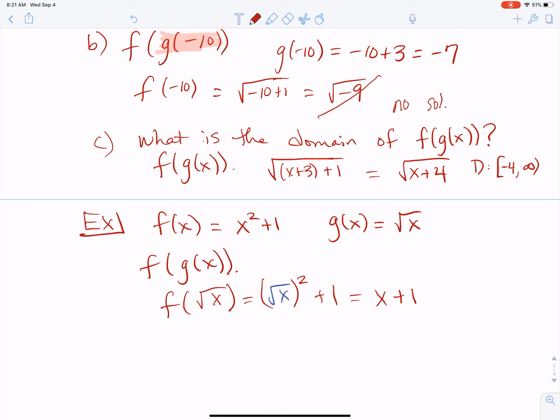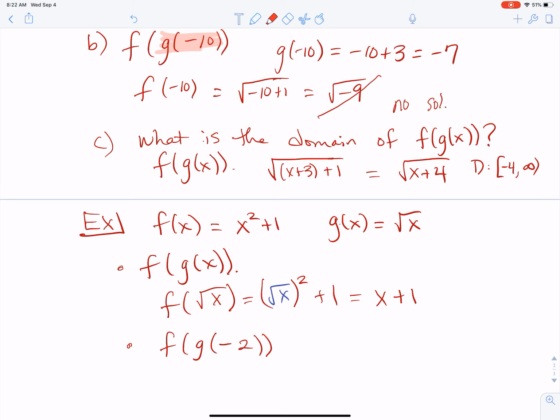If you're not really thinking, it appears that this composition just becomes a line, and a linear function has a domain of all real numbers. However, if I asked you to do f of g of -2,